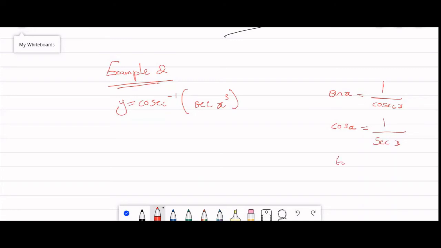Then we also have tan x, which is 1 over cot x. So now we're going to apply this information, so it helps us